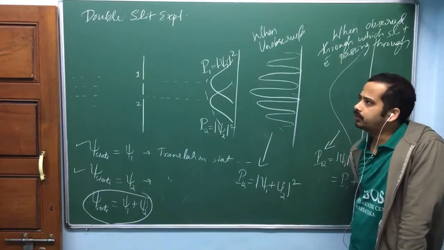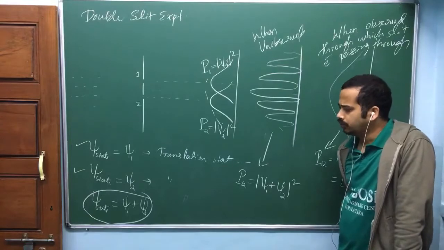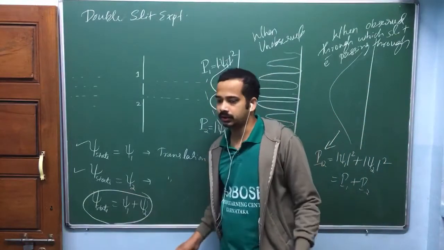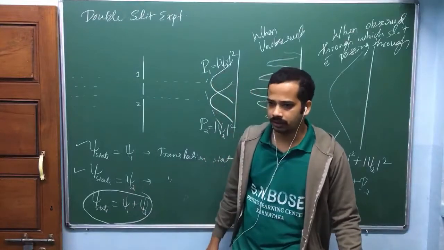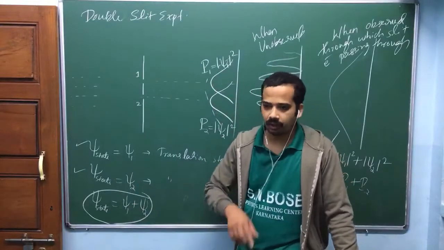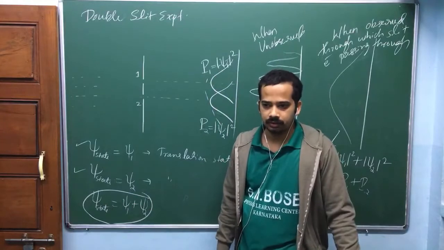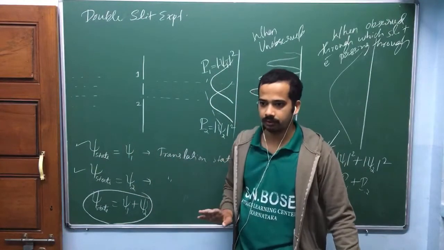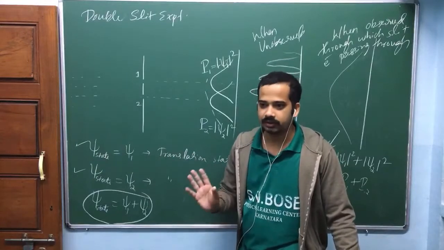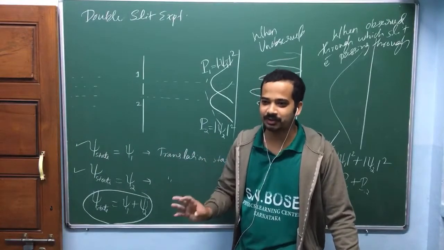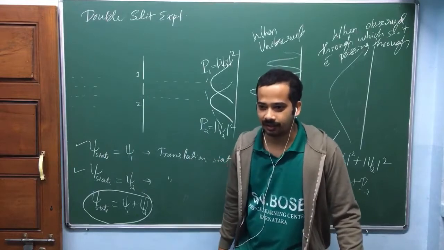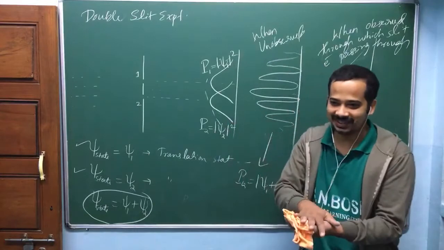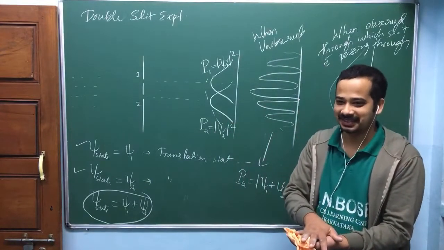No, when you do observation, there is no way you will get this one. That's what I'm saying. Suppose you toss a coin, the result is either head or tail, isn't it? That will be revealed only after you toss it, only after it falls on the ground. When the coin is in the air, it is in a superposition state. Suppose you toss the coin and put it inside your hand. You don't know what it is.